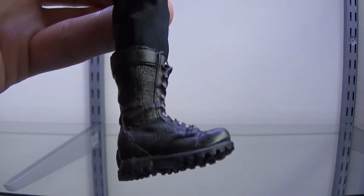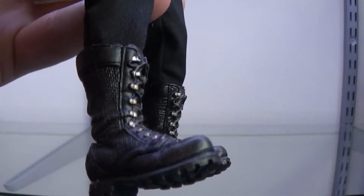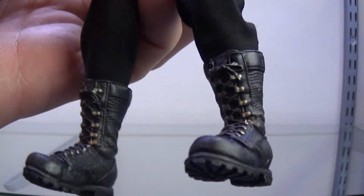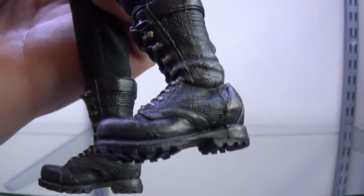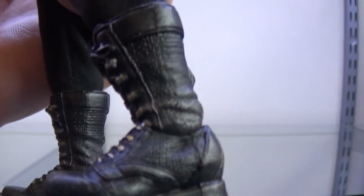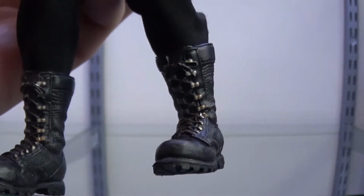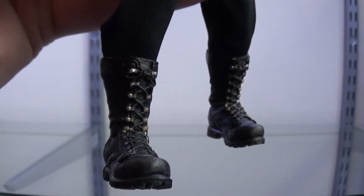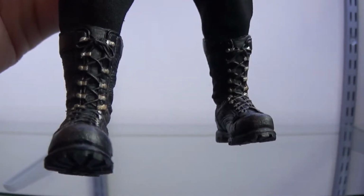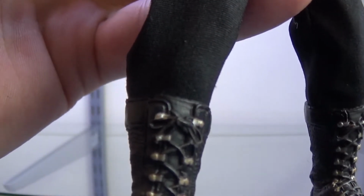And everyone knows I seem to have a thing about boots, and these boots are very nice. In fact, I'm really impressed with these boots. Sculpting's really good. Looks like fabric in there, bit of leather, highly detailed. You can see the studs for the laces. They're all individually painted. They don't bleed off too much. They actually work really nicely. You see the top of the laces there,